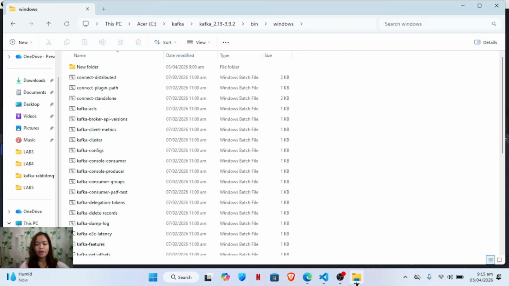Good day, everyone. I will present the Laboratory 5 project, which is about integrating RabbitMQ and Kafka in a web-based notification system. This system demonstrates how messages are sent, processed, and received using two different messaging technologies. RabbitMQ is a message broker using queues, and Kafka is an event streaming platform using topics.